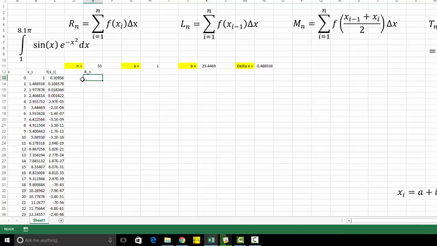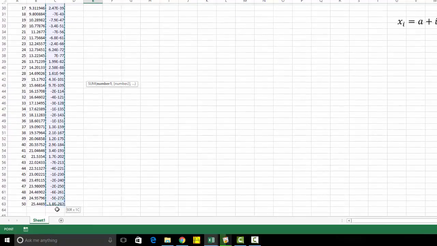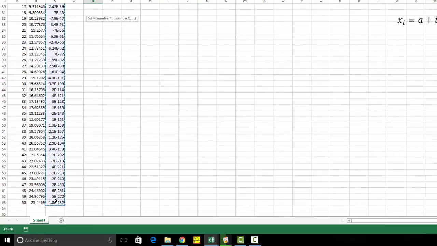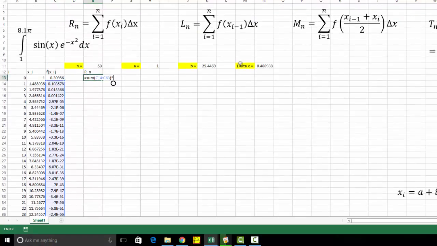So this will equal the sum of, and then you could just start at the first, the x sub 1 function value, and go all the way down until you've selected the entire column there. And then you're going to multiply this by this value of delta x. And if I hit enter, this is the area underneath the curve approximated using right endpoints. And actually, because we're using 50 slices and so on and so forth, this is going to be pretty close to exact. Now, if I use the left endpoint method,